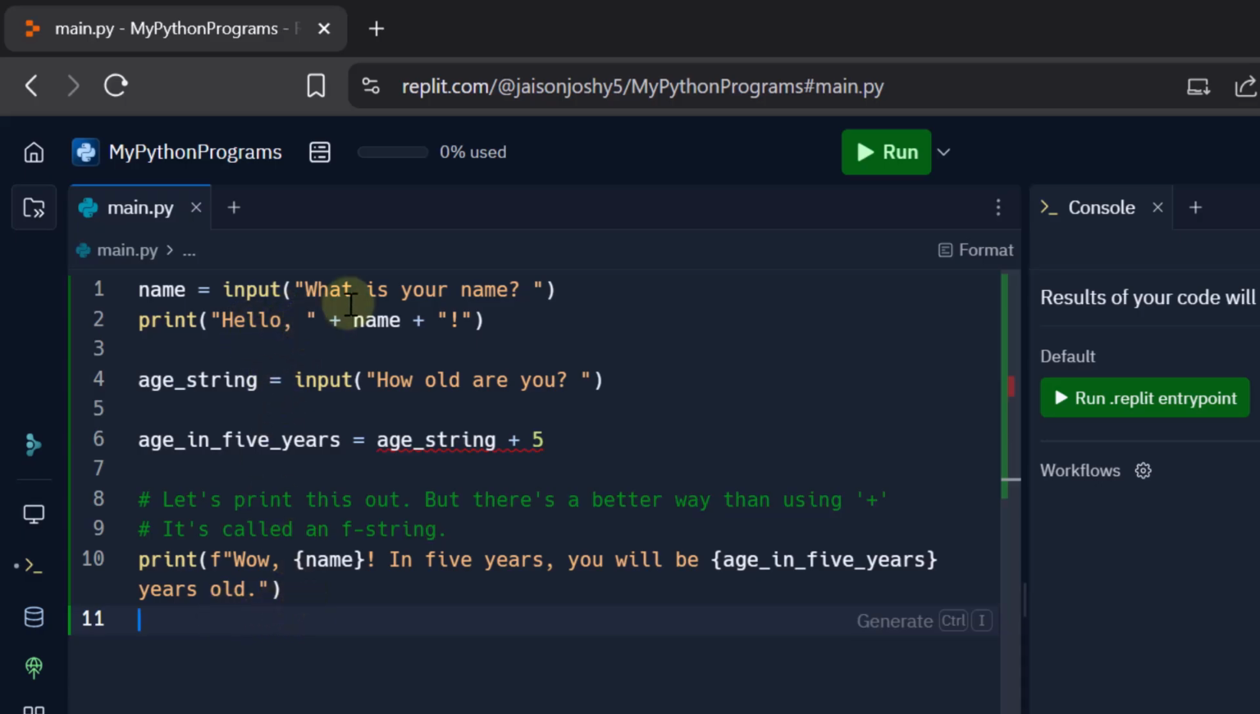So if the user's name was John and if his age was 30, I want to print "Wow John, in 5 years you will be 35 years old." Okay, now let's see how the F string works. Type F here, that is a part of the syntax, and as we usually do, start with the double quotes and then "wow," comma. Now instead of using this plus symbol, we use curly braces